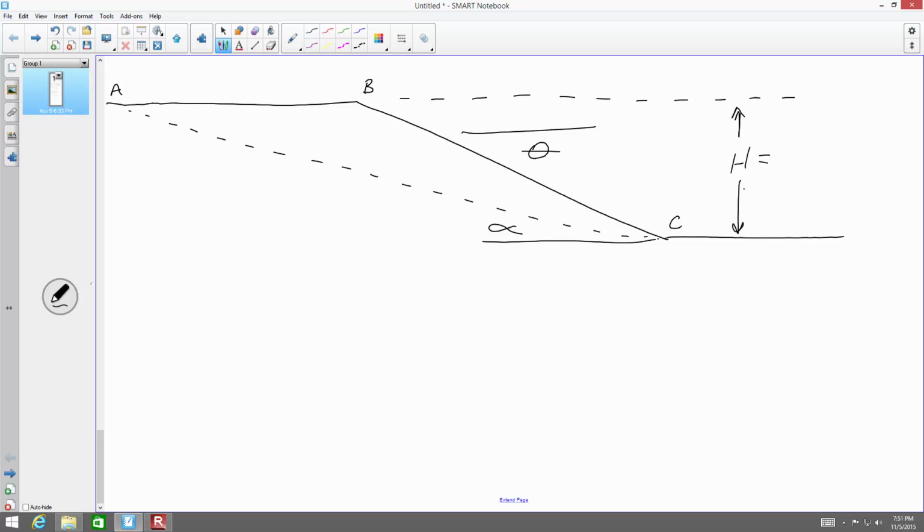A simple approach to assessing the stability of a slope is to consider the statics of the weight of the soil in wedge ABC as shown in figure 1.1. The wedge slides along plane AC, inclined at angle alpha. The applied shear force parallel to the plane, so the shear force on this plane, trying to move this thing down the hill, tau, is W sine alpha. The normal force on plane AC